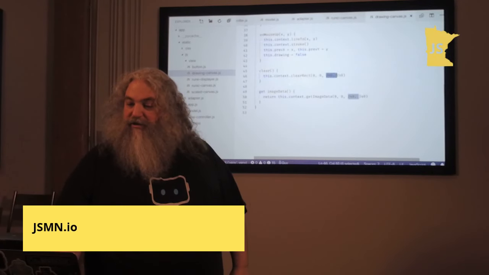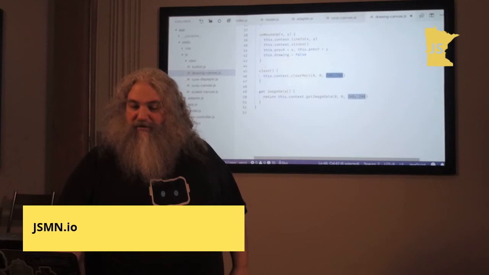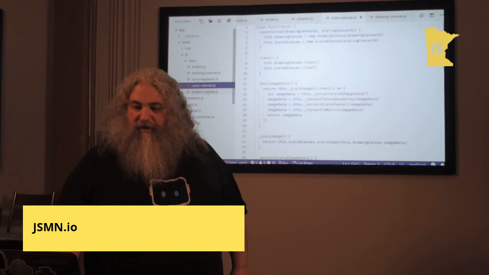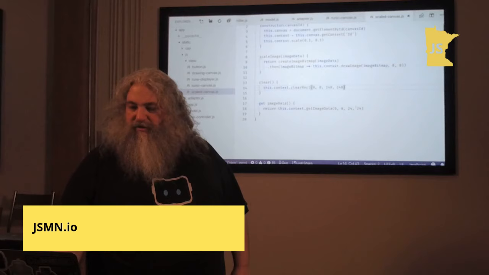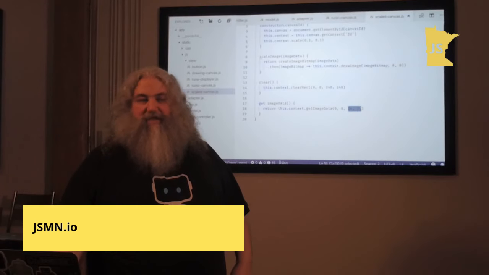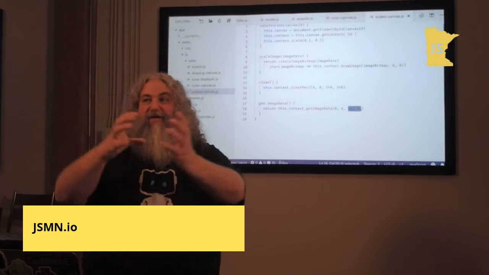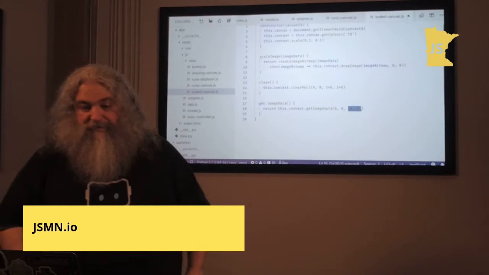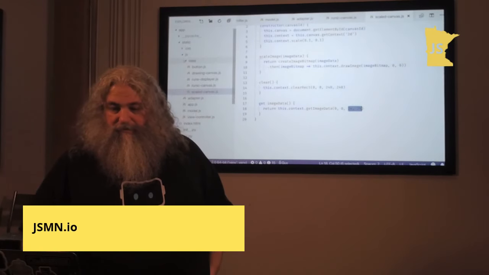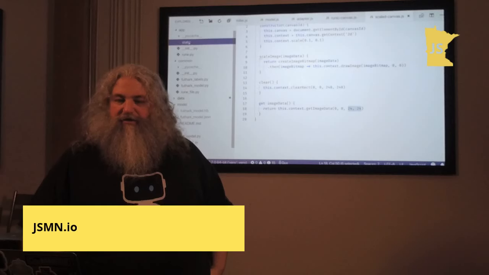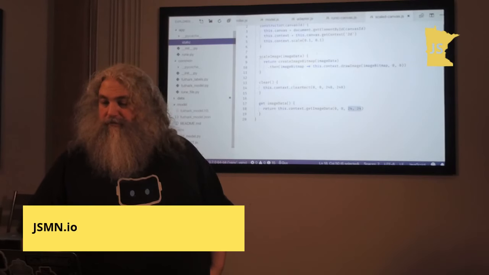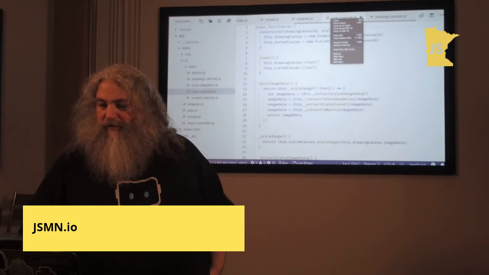The canvas we're drawing on is 240 pixels by 240 pixels. The scaled canvas here is 24 pixels by 24 pixels, and so when we get the image data, it compresses it down automatically, which is really handy. So, yeah, that's the JavaScript, and it's all sitting here in this static folder, being served up by